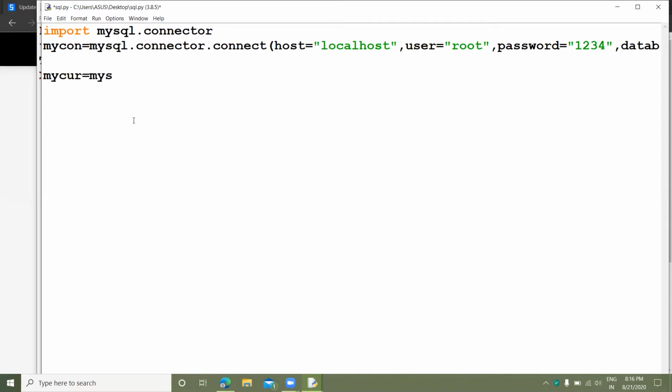So my cursor equals my connection dot cursor.